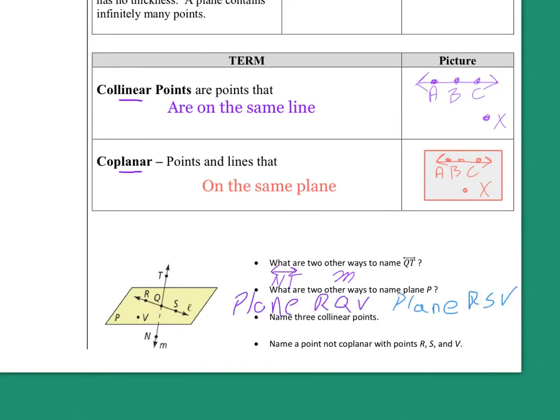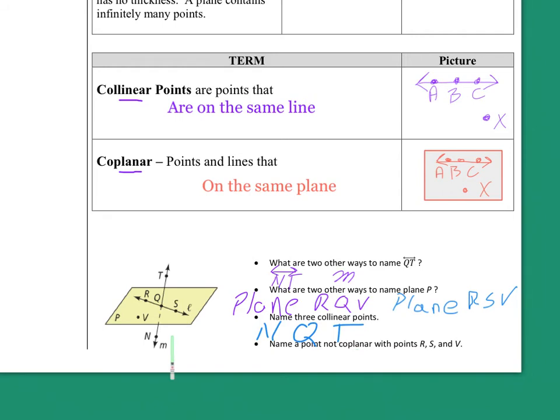The next one asks to name 3 collinear points. Collinear means line together. So we need to figure out which line we want to use. So we could use line M, and then we could say 3 points that are on that line are N, Q, and T. Finally, it says name a point not coplanar, which means not on the same plane as R,